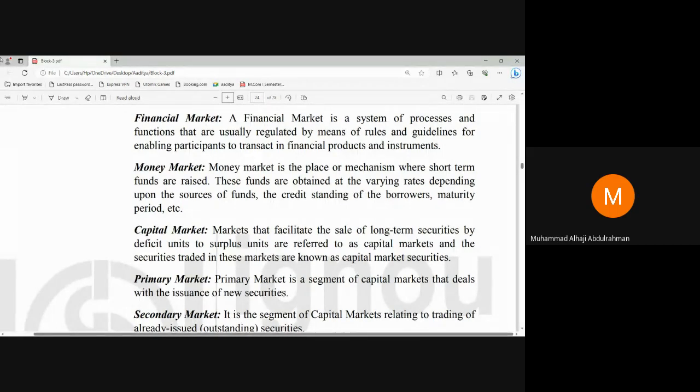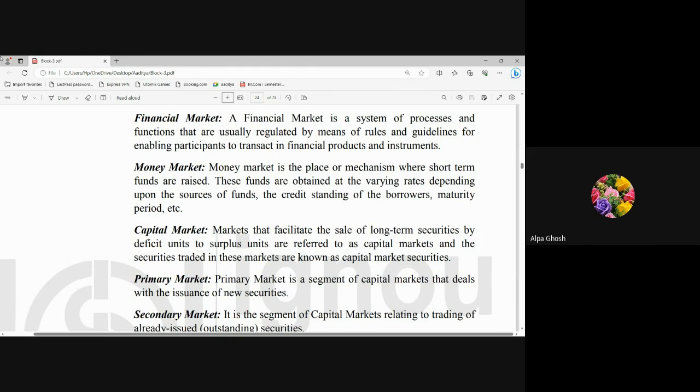Ma'am, can you describe banks as money markets? Money market is a market where we can raise the funds for short period. Short period means the period for 1 year or less than 1 year. Within 1 year, we have to pay back the investment. Okay? If we have borrowed fund from money market, within a period of 1 year, we need to pay back. And if we have invested in money market, then within a period of 1 year, we need to go for the realization or maturity of our investment. Money market is a short-term market and capital market is a long-term market.